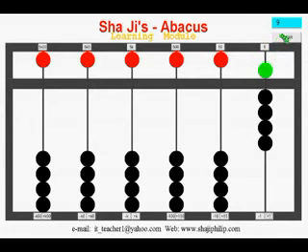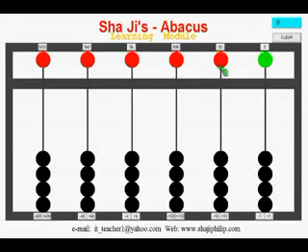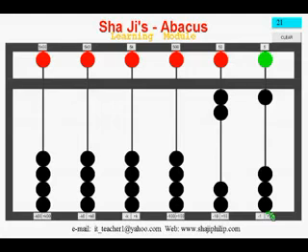And of course if you want to set 10 in the abacus, we have to move to the tens beam, and if you move one earth beam up, then the value is 10. Here it is 1 and here nothing, it is 0. So 1 0, that is 10. If you move one more from here, then it is 20. If you want to set 21, this is 21. If you want 25, now it is 20 plus 5, 25.